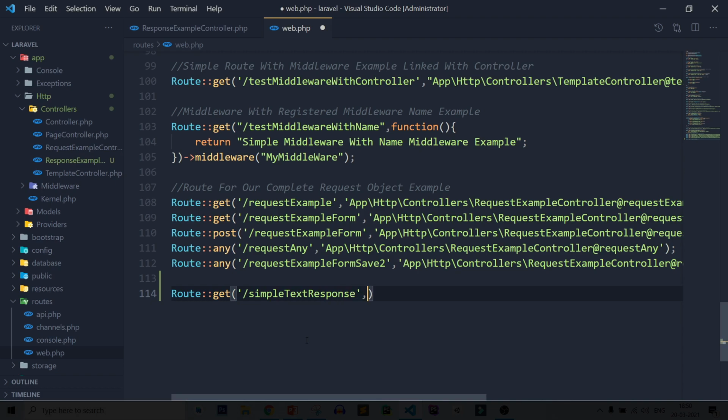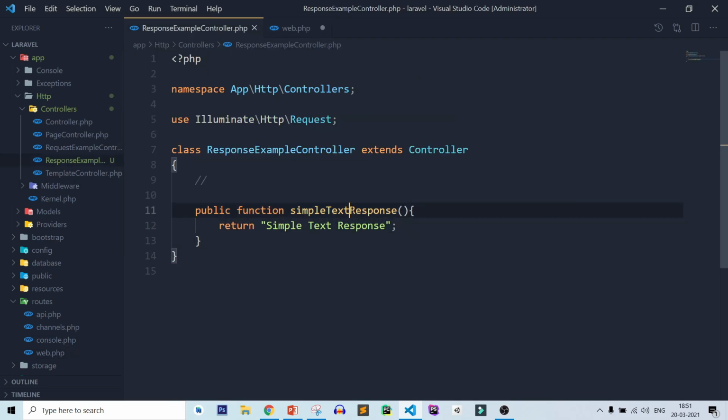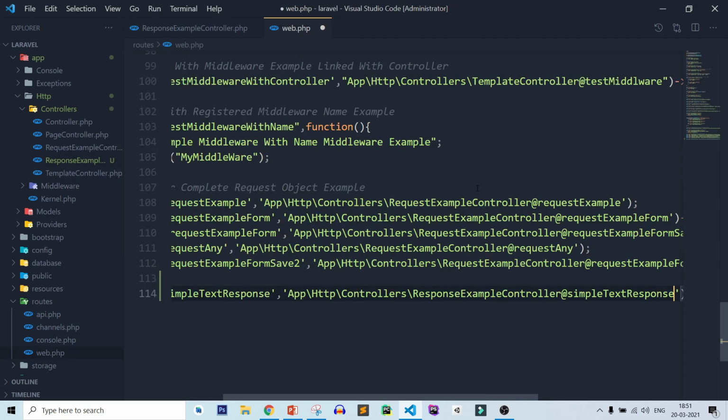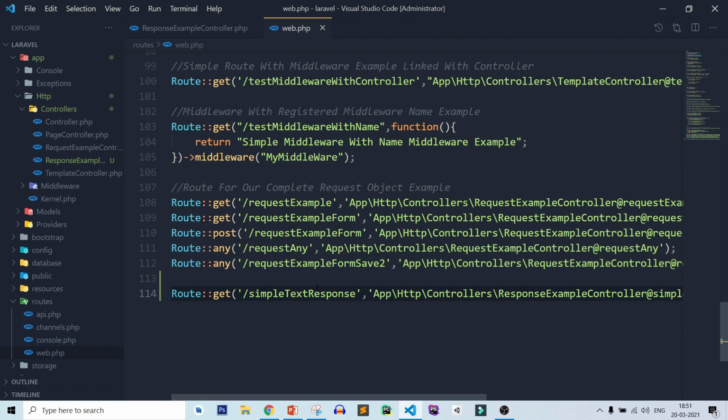After that add the controller name: App\Http\Controllers\ResponseExampleController at the rate. After that pass the method name, copy the method name and paste it here. Now save this file and check again.